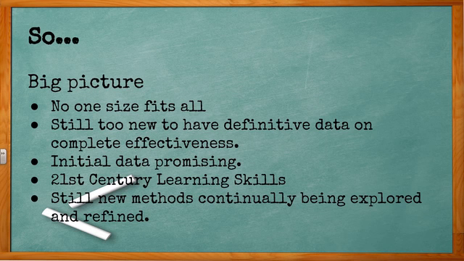And lastly, one of the other big things out there right now is 21st century learning skills. President Obama has talked about these. It's a big push in education right now, too. That basically involves the 4 C's: communication, collaboration, critical thinking, and creativity. And that's basically preparing students for those 4 skills so that they can be successful in